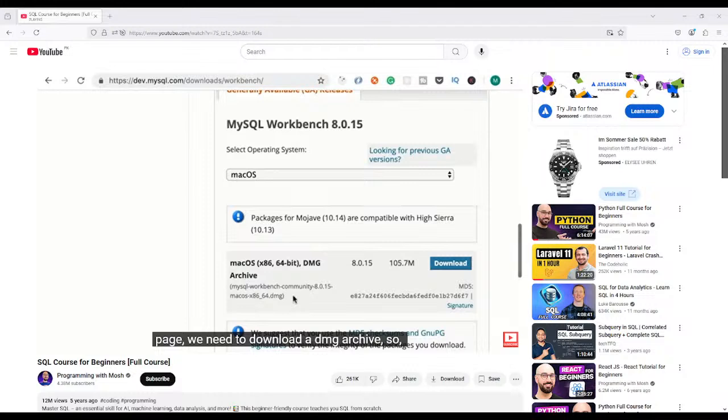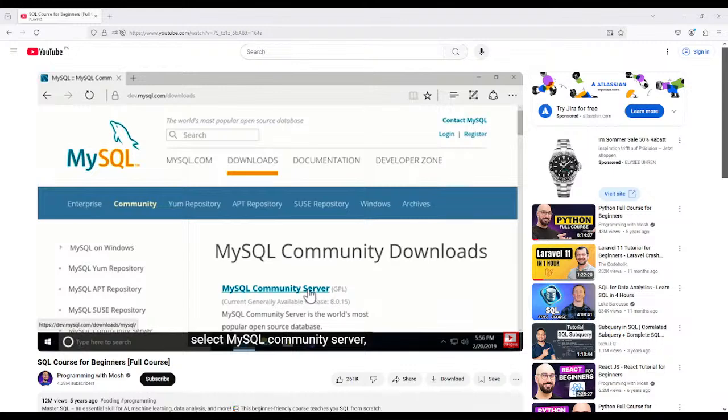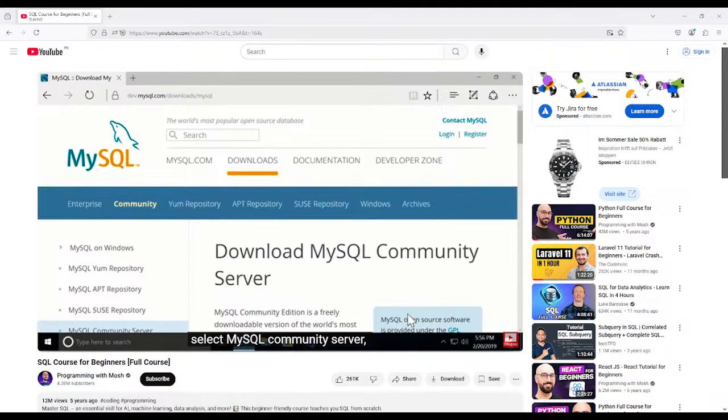In this tutorial, I'm going to show you how to install MySQL on Windows. So open up your browser and head over to mysql.com. Then go to the downloads page. Now here, scroll down to the bottom. We're going to use MySQL Community Edition, which is absolutely free. So let's go with this. Now select MySQL Community Server and then